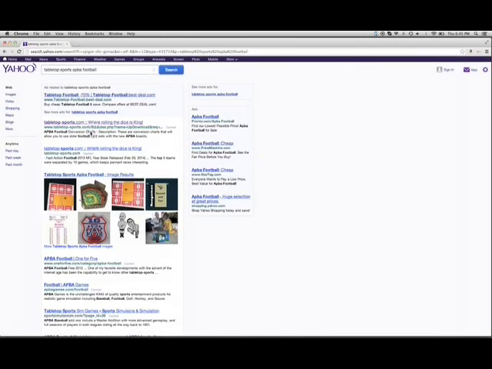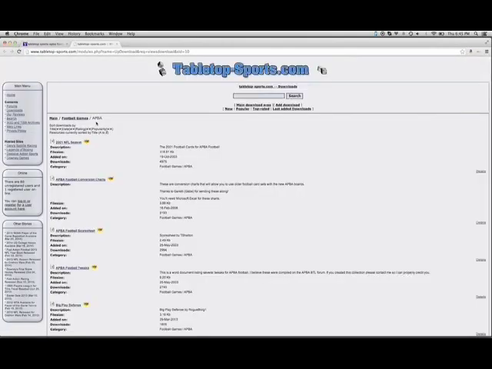Now we turn our attention to the cards while we show you some video of what you'll see when you download the unofficial 2001 football season to Tabletop Sports. To get a clear picture of the struggles APBA endured in keeping the game on the market, we have to